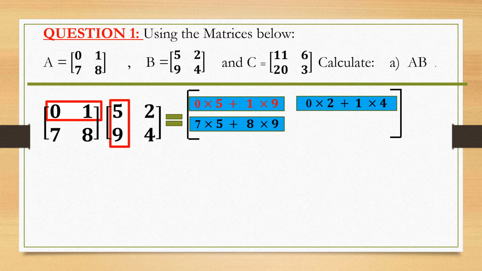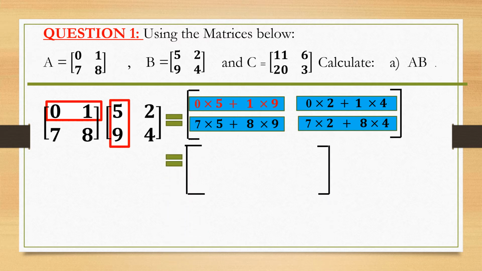Then we come down, we multiply the second row in the first matrix by the first column in the second matrix. That's 7 by 5 and 8 by 9. That same row by the second column in the second matrix. 7 by 2 and 8 times 4. That is going to give us